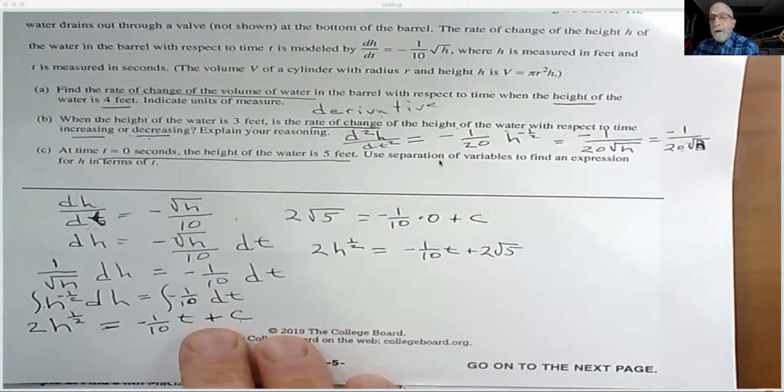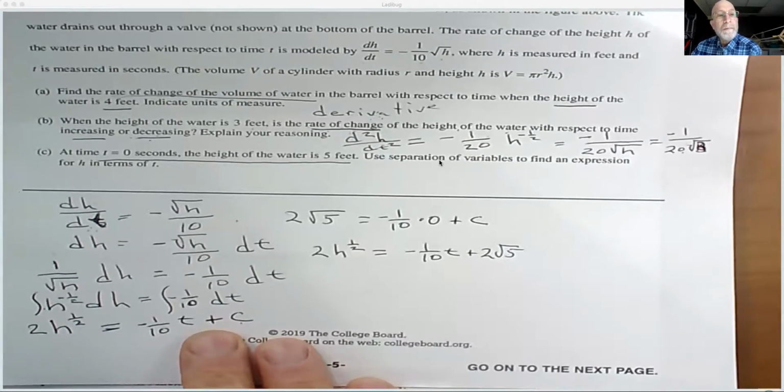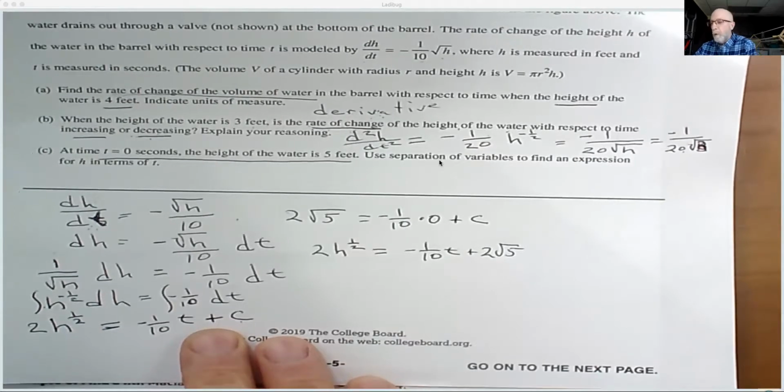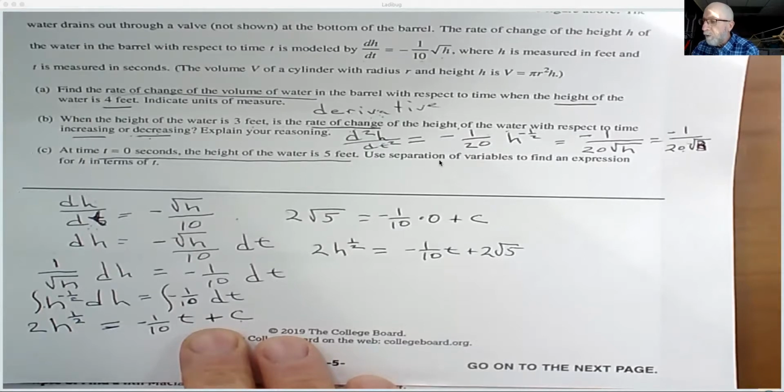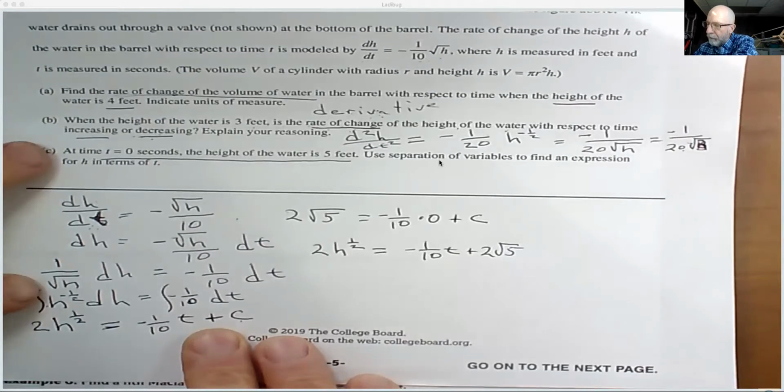All right, now we're not done because it says we're almost done. We've earned a lot of points. This one's probably worth 6 points. First one was probably worth 1, B was probably worth 2, and C is probably worth 6 because there's so much work involved here. How do I get just plain old H here? What's the first thing you want me to do?